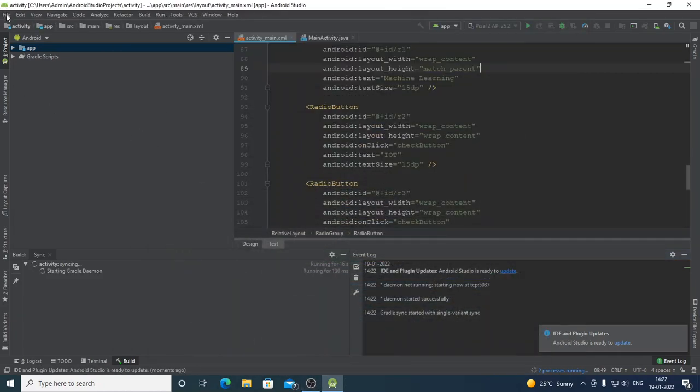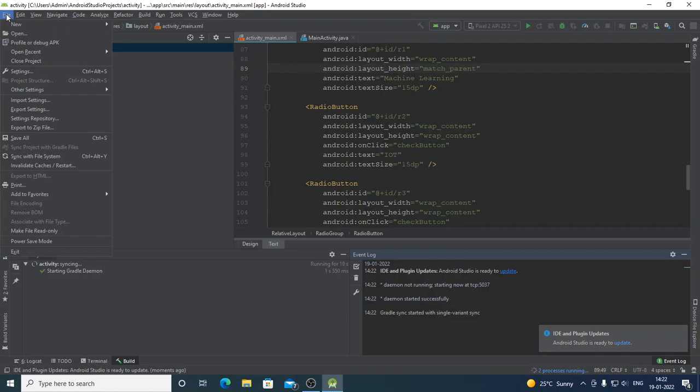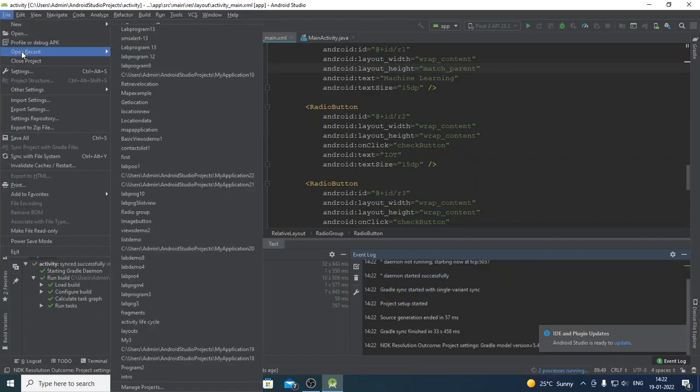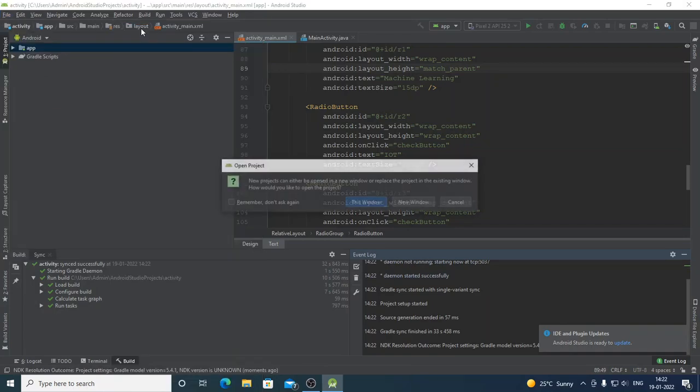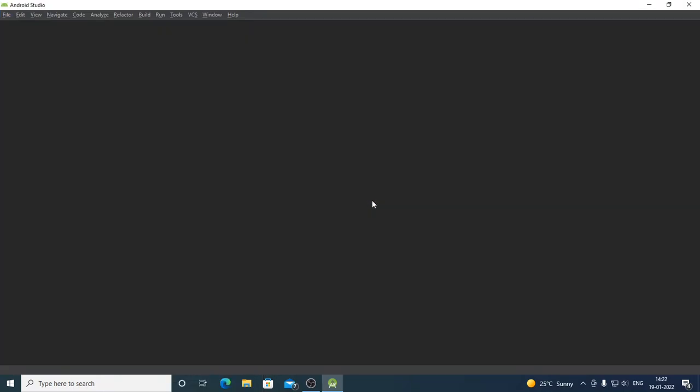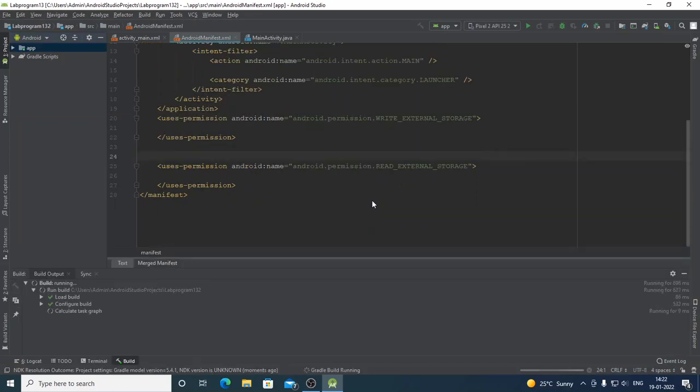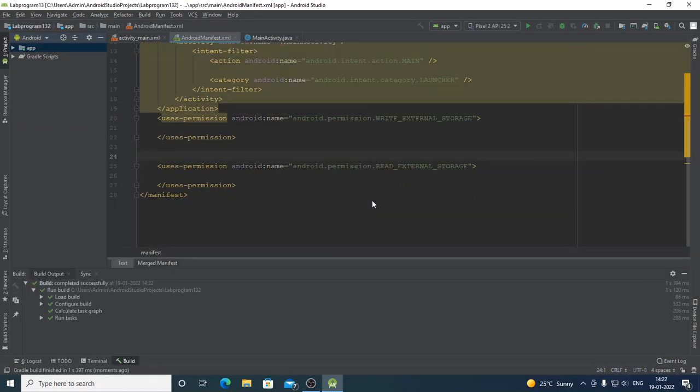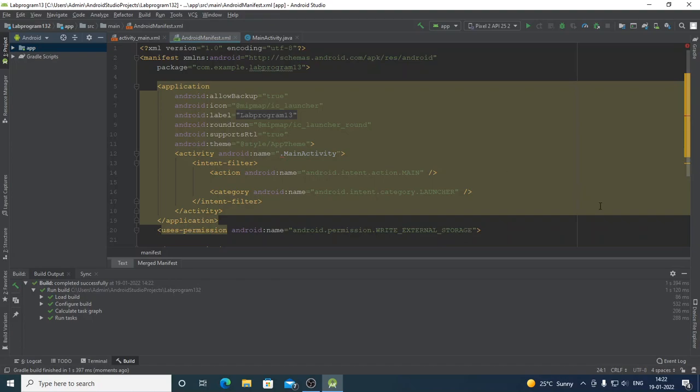Okay, now we will see how to do that program for writing and reading data from an external storage device, that is from SD card memory. So I have done this and kept it ready. Let me open program 13. So first let me run this application and show how it has to work. After that we will go to the explanation part.